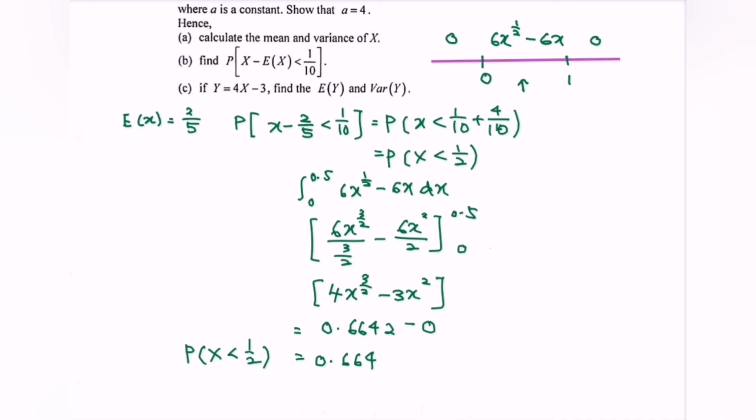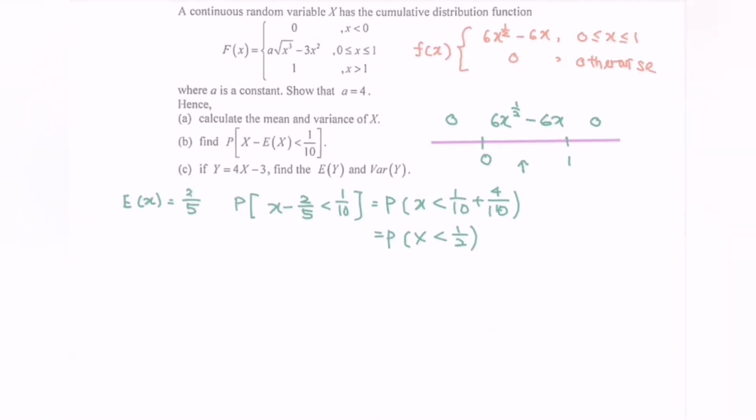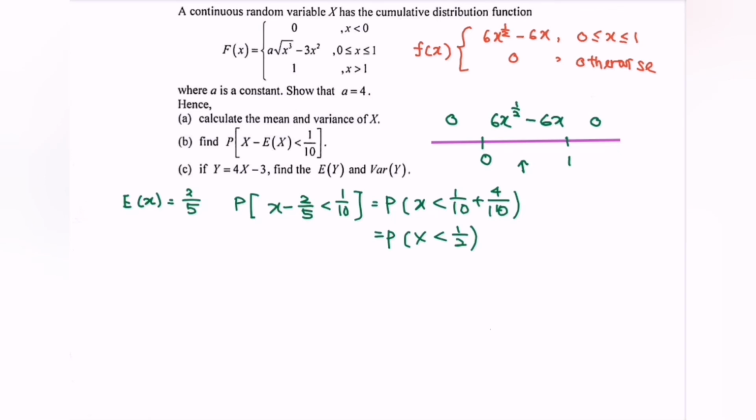So that is the situation where we are using the PDF. Next, actually if you refer to the question, we can make use of the CDF. So actually we have the CDF. So if you want to find the situation by using the CDF, refer to the second function. The question said X is less than 1 over 2, which means that we're going to use the second function. So in here we have F(1 over 2), which means that we can straightforwardly substitute the situation into